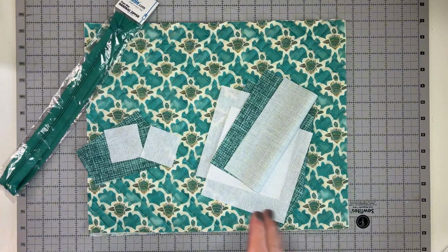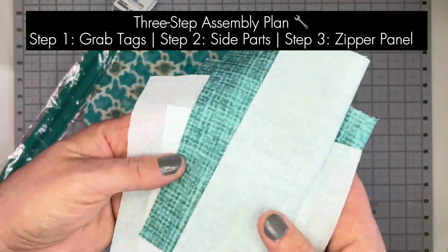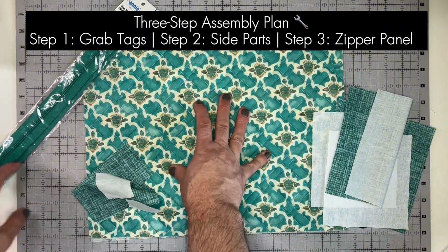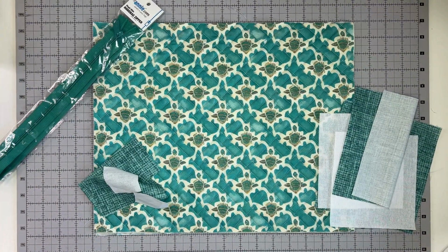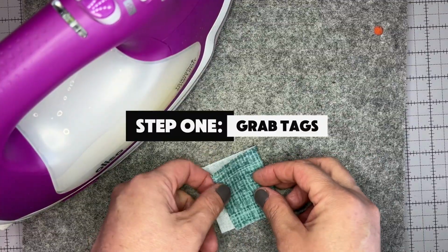This is going to go in 3 steps. First, gonna prepare the grab tags. Then we're going to prepare the side parts. Then we're gonna prepare this panel to put the zipper on. Voila, done. So first step are these grab tags, and I'm going to fold it in half, press it to get that crease,